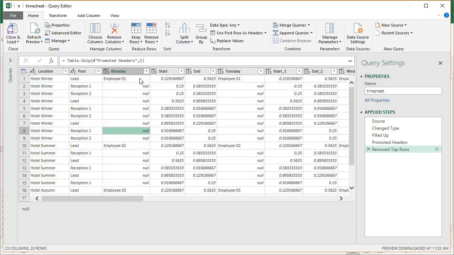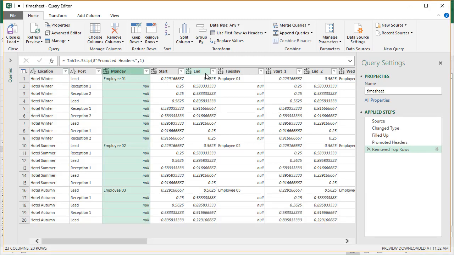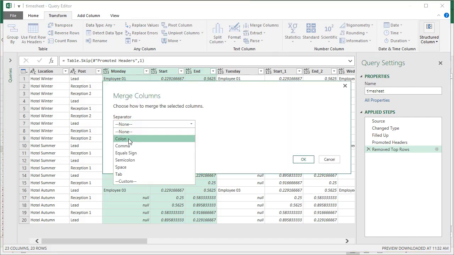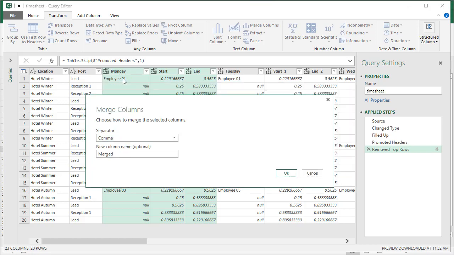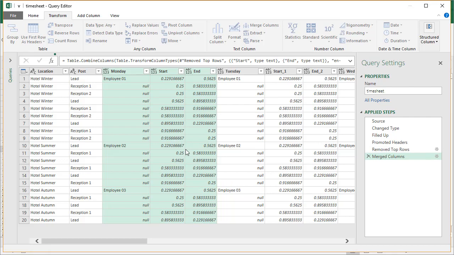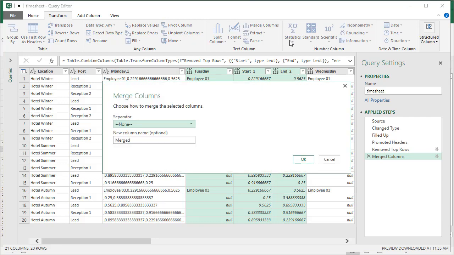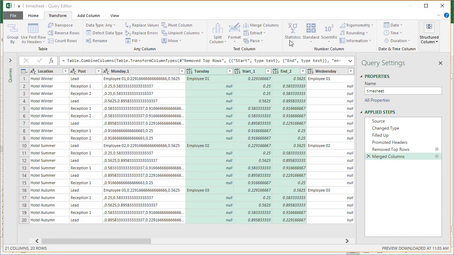So this is where a little bit of Power Query trickery comes into the picture. What I'm going to first do is select these 3 columns, the Monday ones, and I'm going to go to Transform and then merge. So I'm going to merge these 3 columns with a comma separator. You have to pick a symbol that is not usually found in this data set. It looks like it's names and times, so comma seems to be a fairly good one, and the name for this new column can be Monday. This is the merged values for Monday. So we get that. We have to repeat this step for all the 7 days. Tuesday,